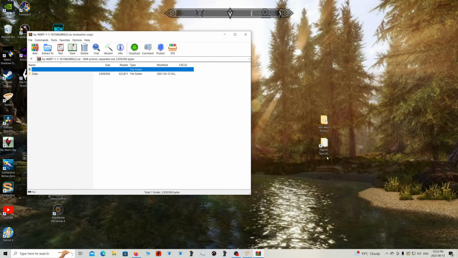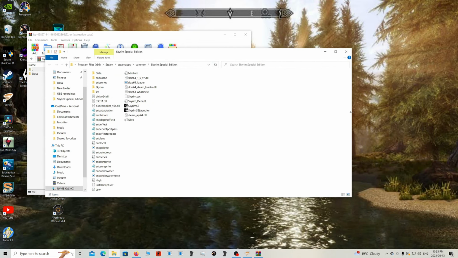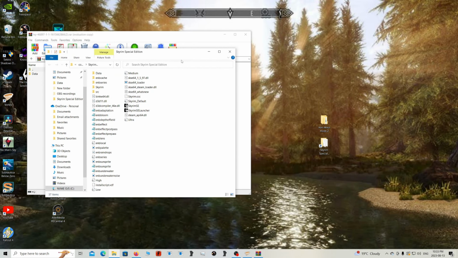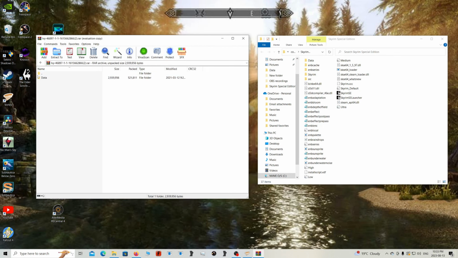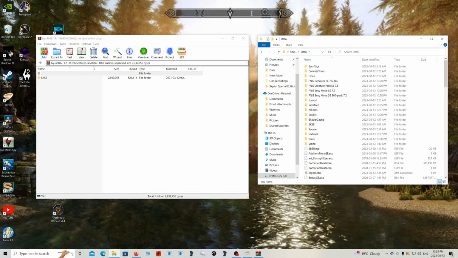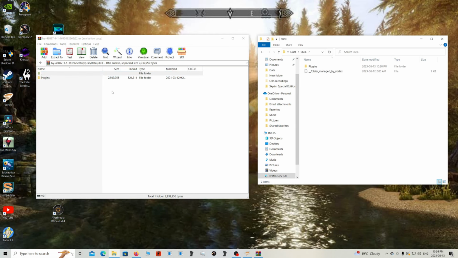Okay, so what we're going to do is open up our Skyrim folder again. Basically what you can do is just follow the install path folder for folder if you want. Like how we have Data here and Data here. You could probably just drag and click this if you want and it'll copy it. But I'm going to show you guys the actual path just to be thorough and so you get an idea of what I'm doing. So Data, and we'll click on Data in our game, then SKSE, then we'll click on SKSE in our Skyrim folder, and then Plugins,